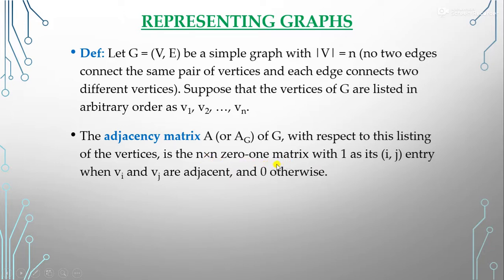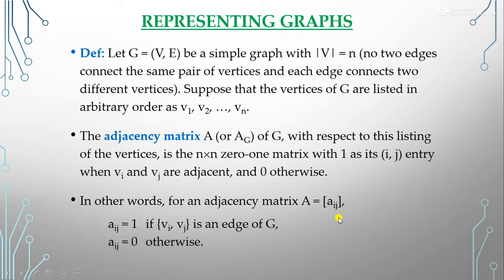A 0-1 matrix means that the entries of the matrix are either 0 or 1 only. An entry is 1 as its ij entry when Vi and Vj are adjacent. If the two vertices Vi and Vj are adjacent, then we put the value of that element of the matrix as 1, otherwise we put 0. In other words, if the elements of the adjacency matrix A are denoted by Aij, then Aij is equal to 1 if Vi Vj